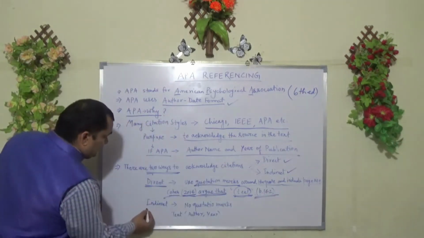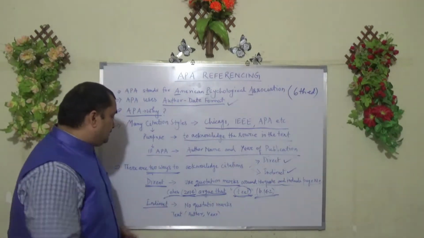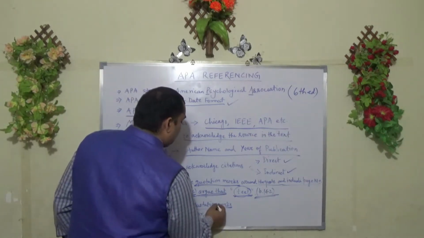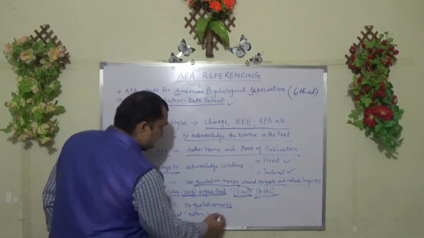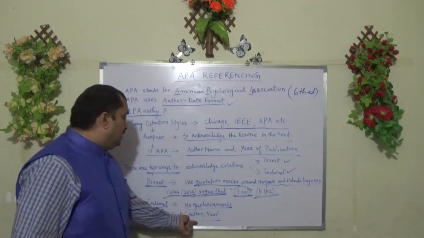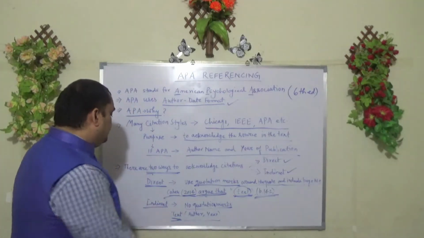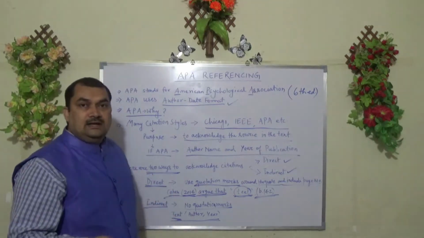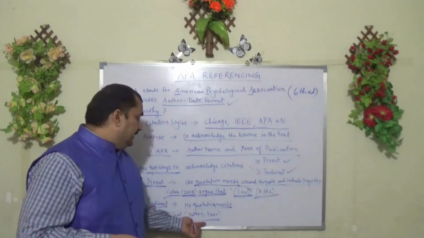In the same way, there is also the indirect method. In the indirect method, we do not use quotation marks, and we directly give, after the text, in brackets, the support with the author, comma, year of publication. So mostly we use this indirect method, where while writing the text, in brackets we write the author's surname,